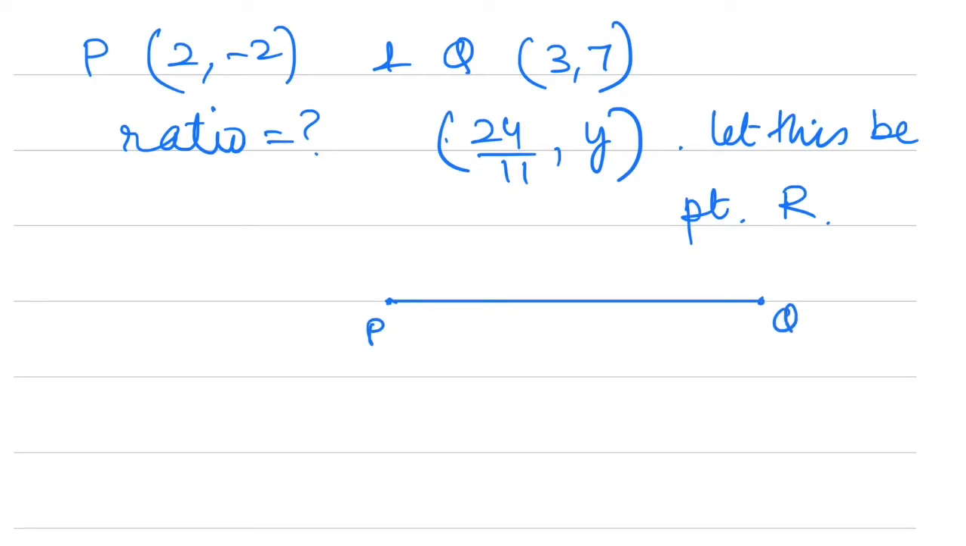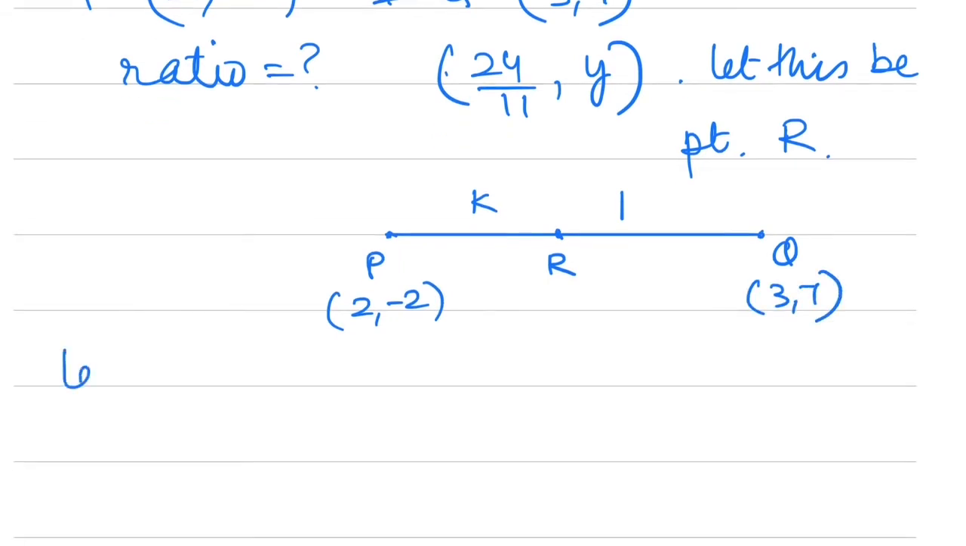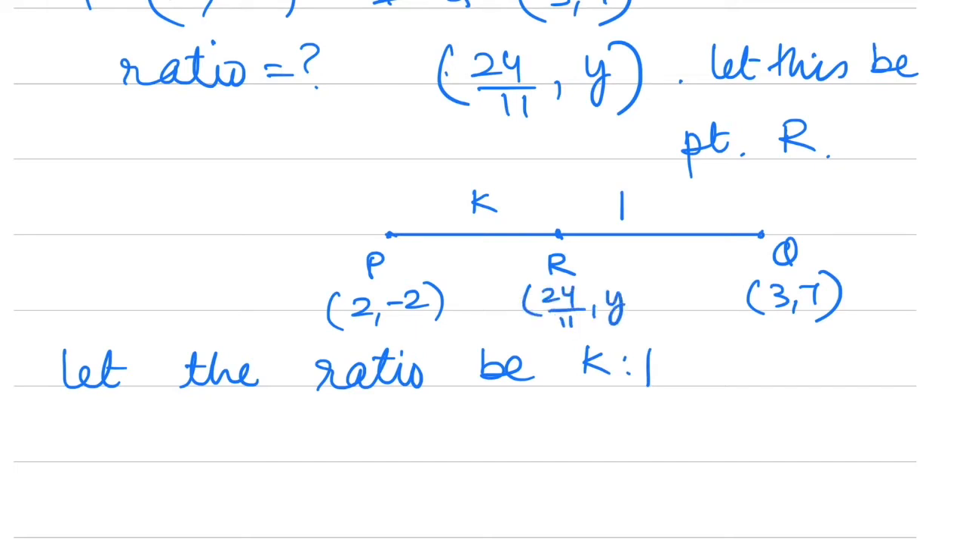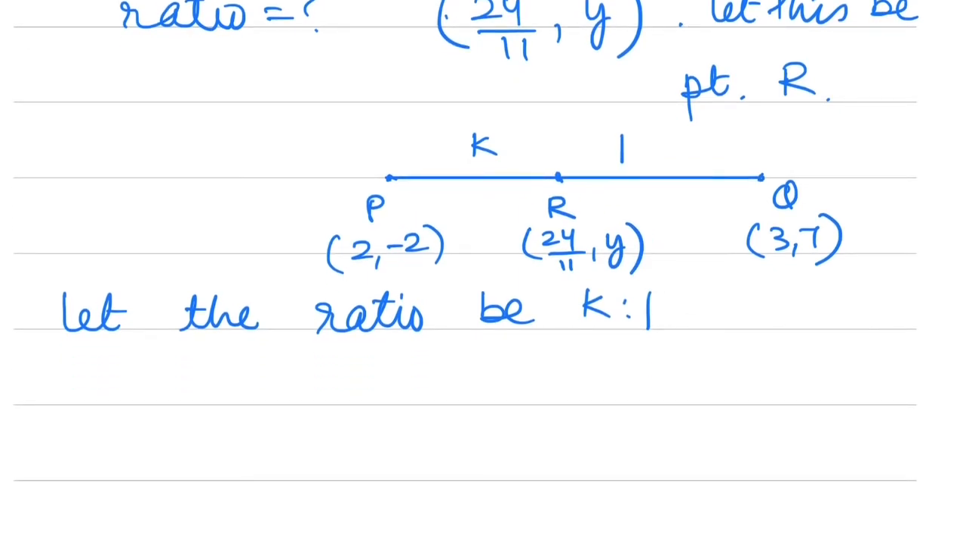Let this point be R. Let the ratio be K is to 1, and P is (2, -2) and Q is (3, 7). The coordinates for R are (24/11, y), and we have to find the value of y. So we have to use the section formula,